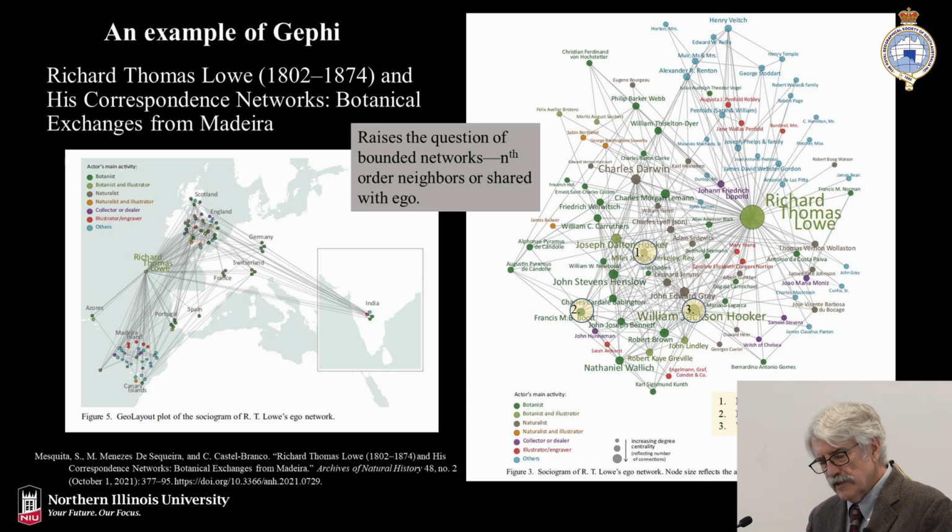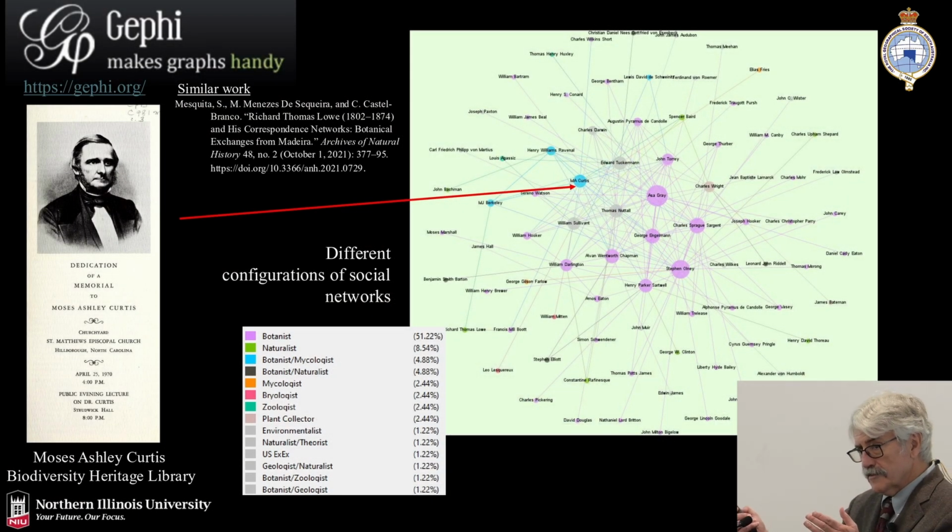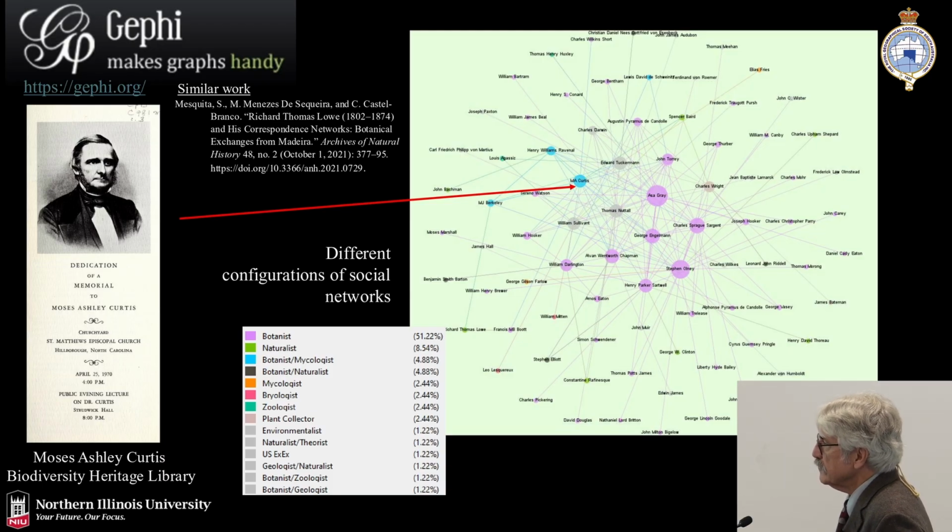So the one guy that I work with here at the beginning, Curtis, Moses Ashley Curtis, he went by Ashley, didn't like the name Moses. He communicated with him quite a bit, but also with Southerners who had plantations and who were concerned about mycological damage, fungi, and so on. This is this guy, Moses Ashley Curtis. That's an old picture I got out of the Biodiversity Heritage Library.